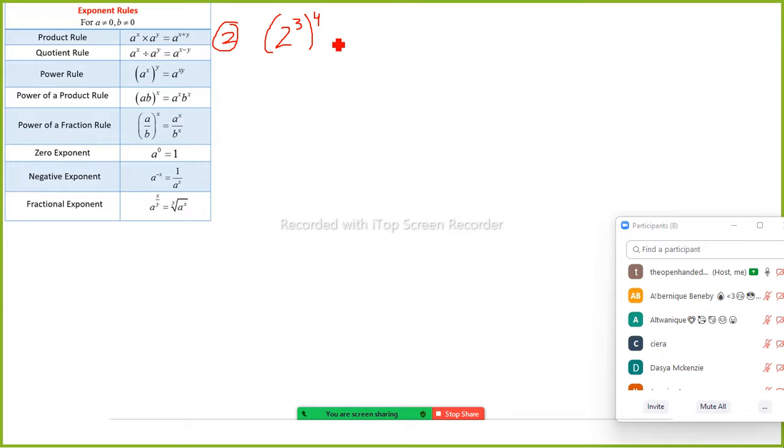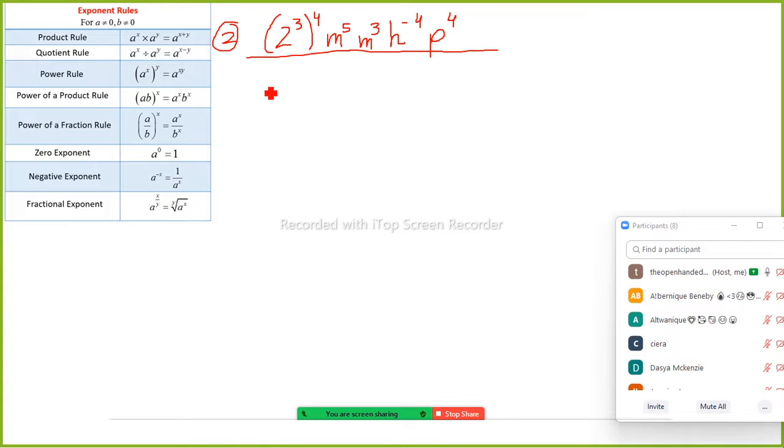Let's say we add m to the 5th power times m to the 3rd power. Let's say we add h to the power of -4. Let's say we add p to the power of 4 all over